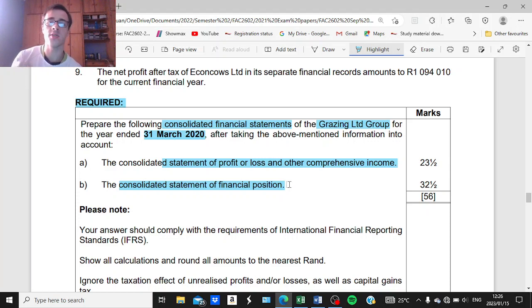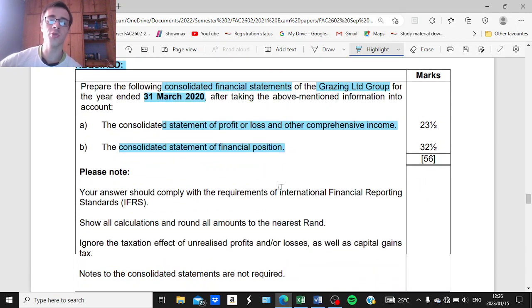It is very important that you take note of your required section in the examination on the 23rd. Only draft those statements or parts of the statements that have been stated in the required section. However, in order to ensure thorough exam preparation, I will be drafting all three statements in full in this lesson so that you can practice drafting each statement in full and apply the principles correctly.